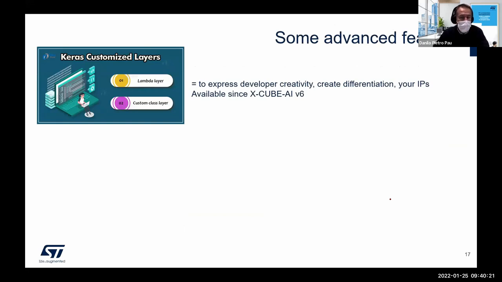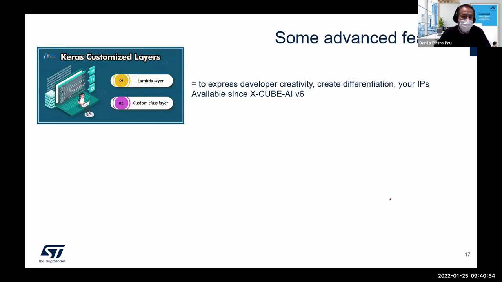I don't know how many of you are familiar with graphics, but one cornerstone in embedded and desktop graphics was programmable shaders, because these freely let any graphics developer express their creativity in differentiating the graphics pipeline and the graphics application. Similar to that, the Keras customized layer allows a developer complete freedom to differentiate the machine learning solution versus